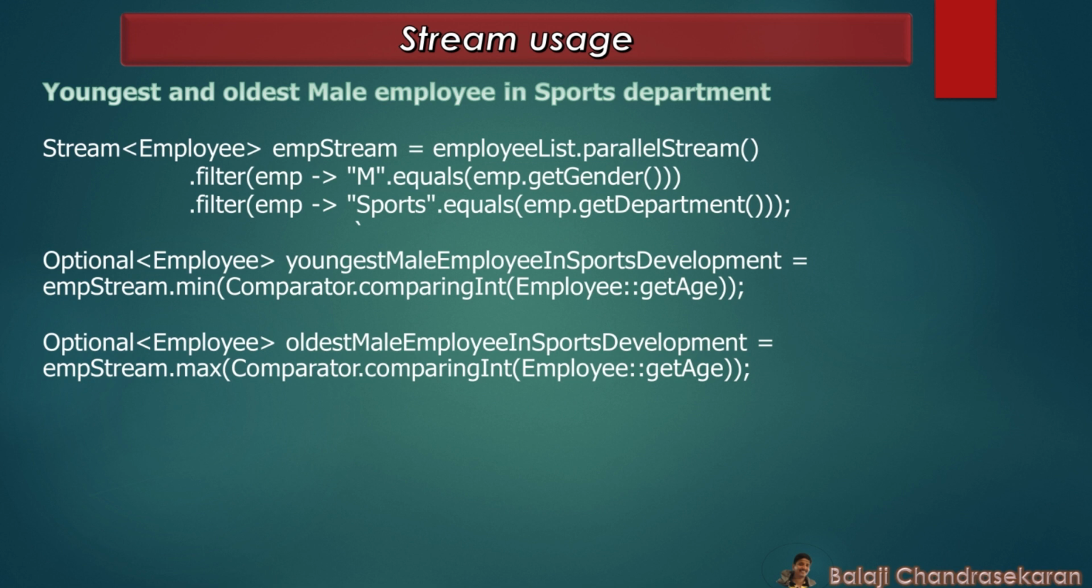The comparingInt method is a static method in the Comparator interface introduced in Java 8. It takes a function as an argument that extracts an integer value from the elements being compared. Employee::getAge is a method reference to the getAge method of the Employee class, which returns the age of an employee. The min and max methods then use the comparator to find the minimum and maximum element